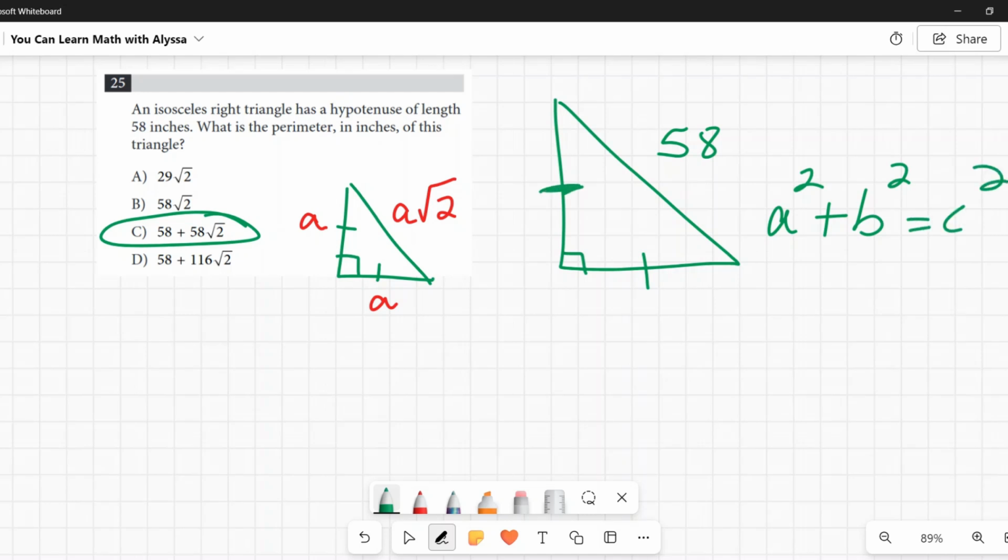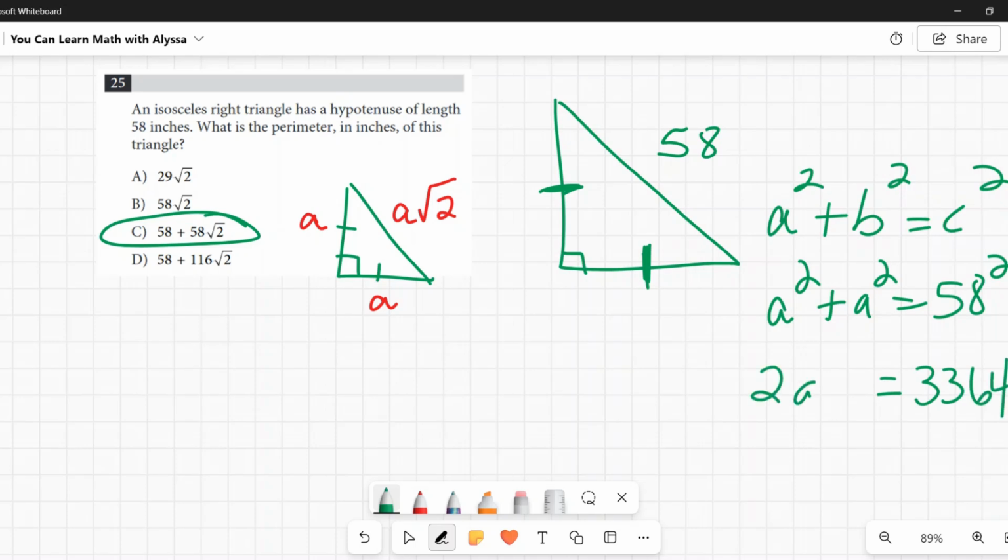Now here we know both of these sides are the same, so I could say a squared plus a squared equals my 58 squared. So my 58 squared is 3,364. A squared plus a squared is 2a squared. And then I would divide by 2 and I would get a squared is equal to